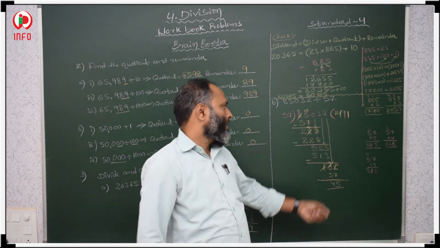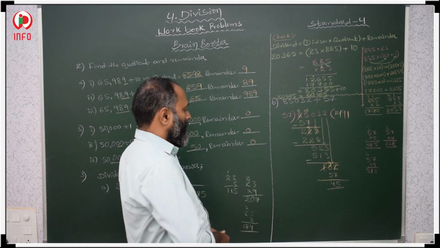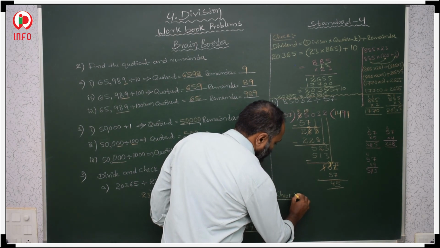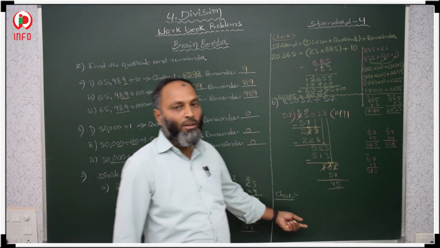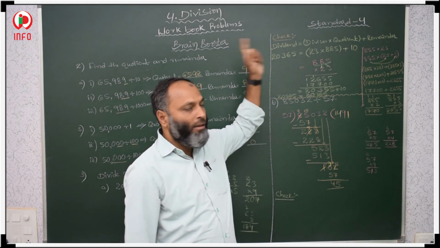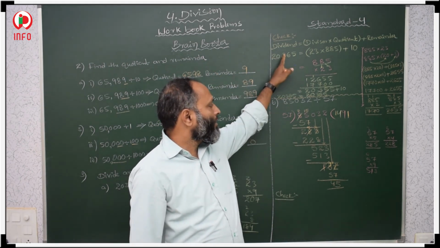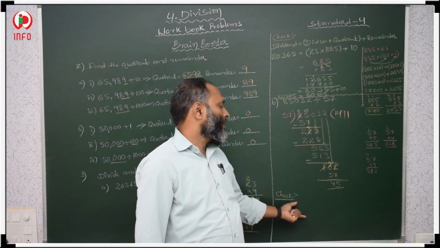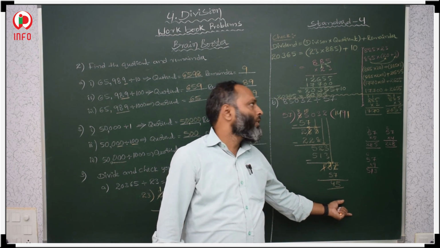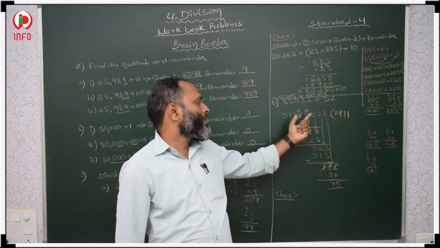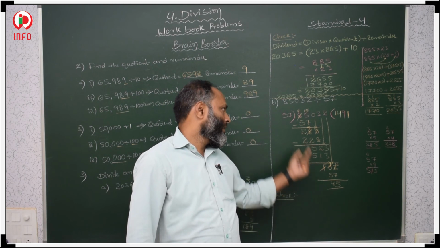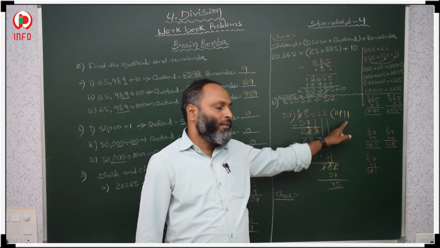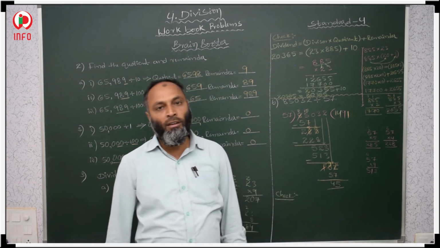Now you check. How to check? You have to check this by your own. This is your assignment. What we did in previous questions, here also we showed how to do it and how to check. Again you have to write our formula: dividend is equal to divisor into quotient plus remainder. Then the dividend is equal to 57 into 1491 plus remainder 45. Okay.